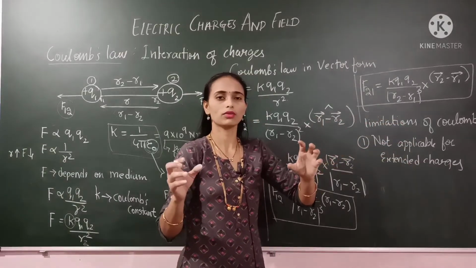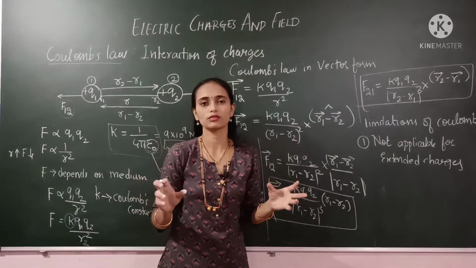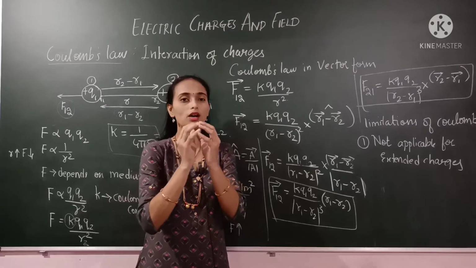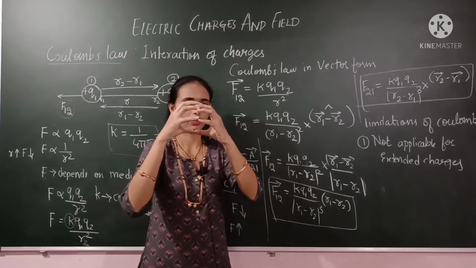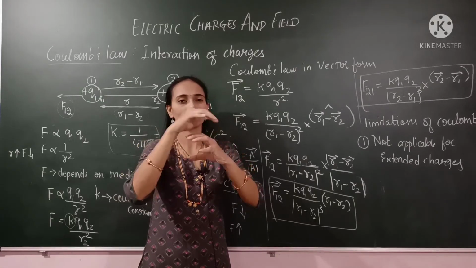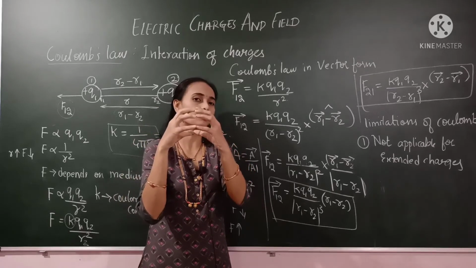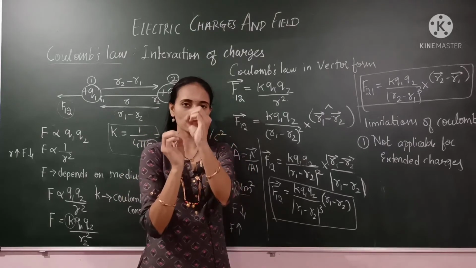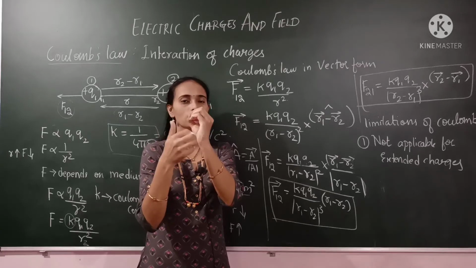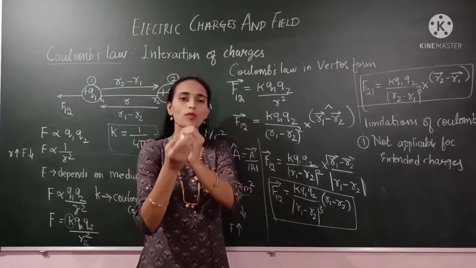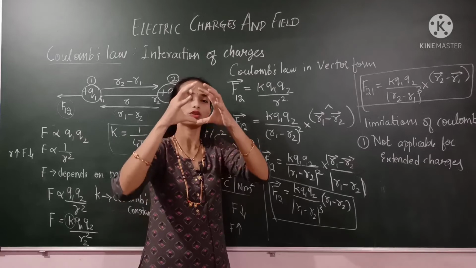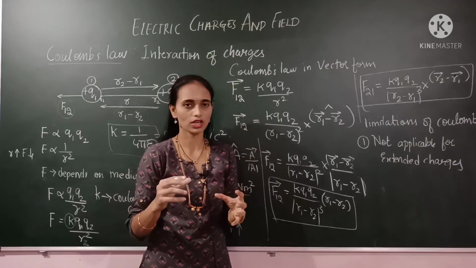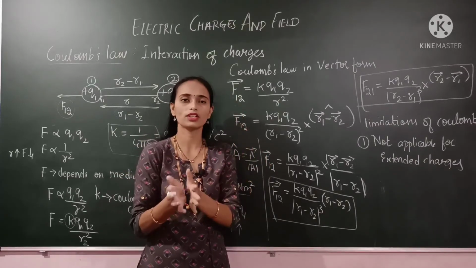Now what are point charges? Suppose you consider this big ball, and on this big ball the charges are distributed. Can we call this a point charge, or else we can take a very small ball, and on this ball the charges are distributed. We can call this small ball a point charge, or the big ball a point charge. So our answer is both are point charges.